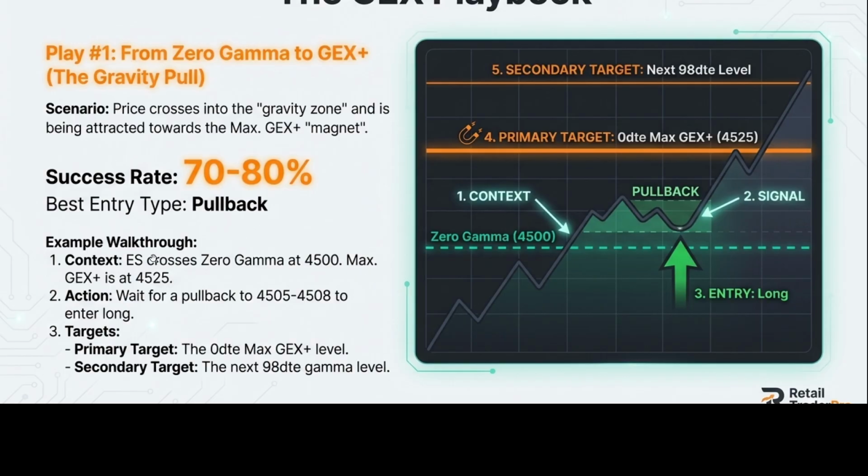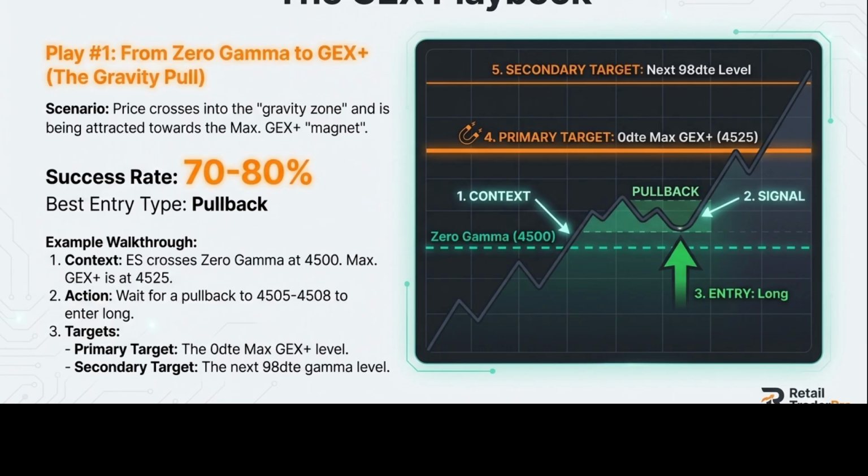This is an example. As I say, for example, zero gamma is at 45 here. Then the max Gex is at the 45.26 level. What you have to do here is wait for a pullback at that point and enter long. What are the targets? Remember that